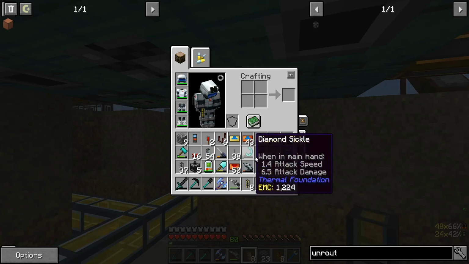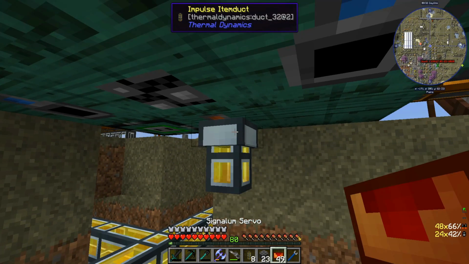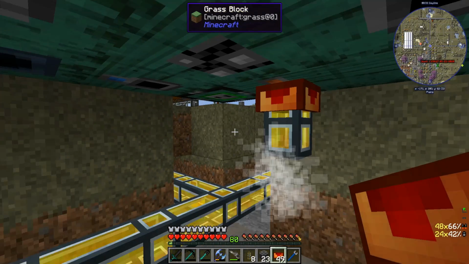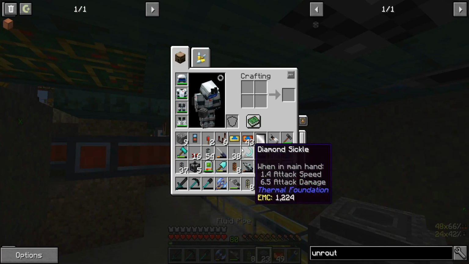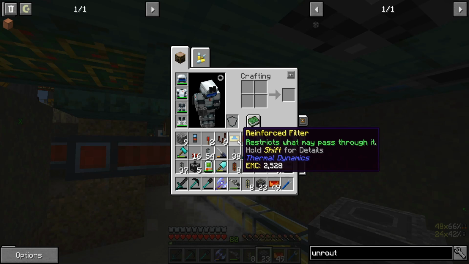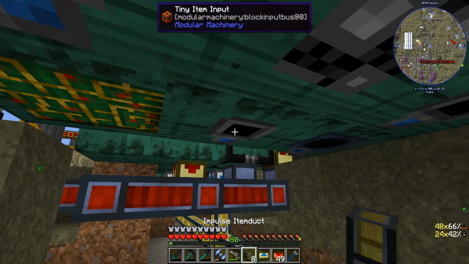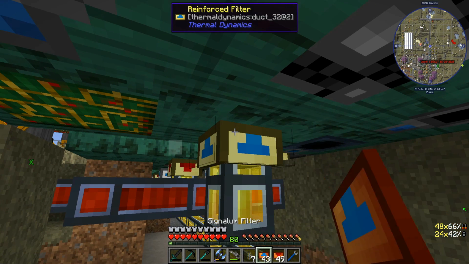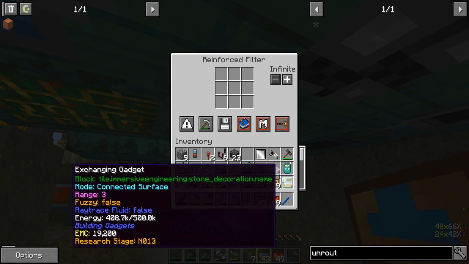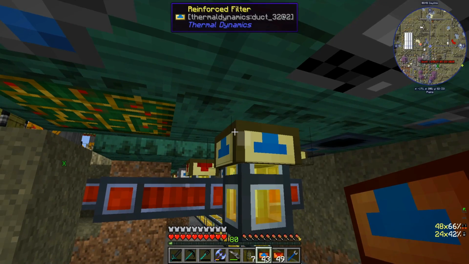So let's do, yeah, signal and servo. Pick the right thing, would be real smart. That can set up for out. We are going to need filters. Don't really matter which one I use. Need one on here for whitelist titanium plate. We'll just keep 16 in there, and then